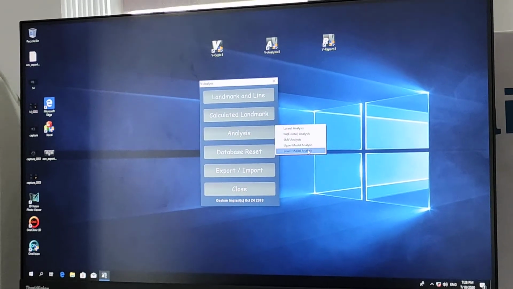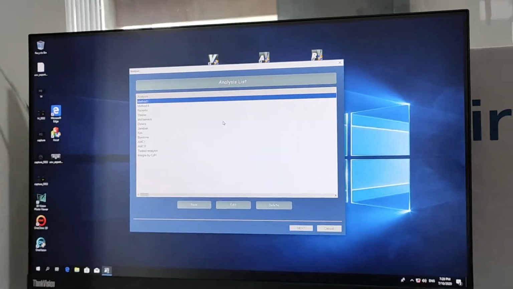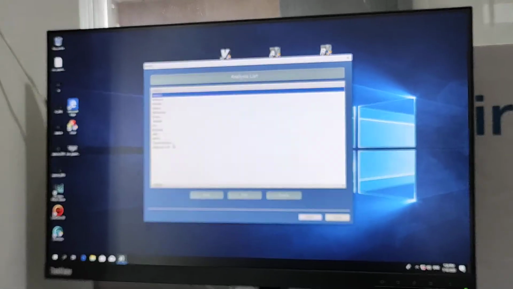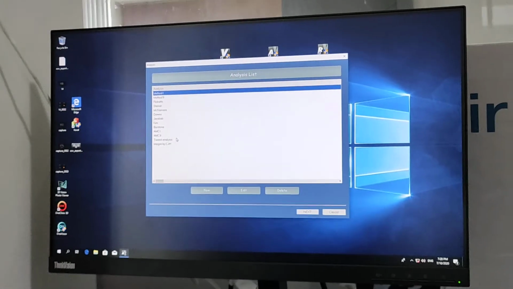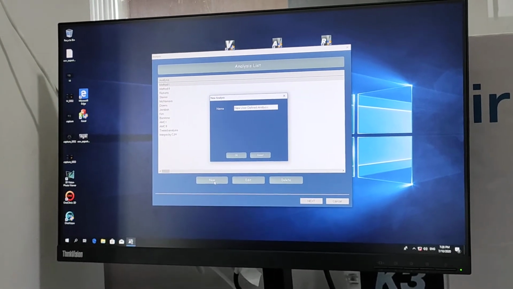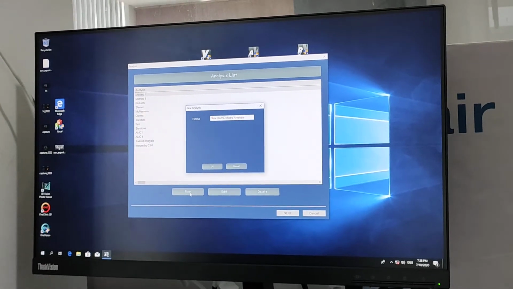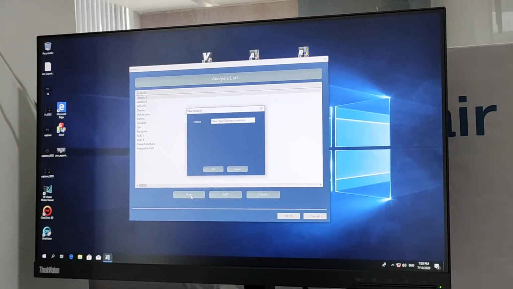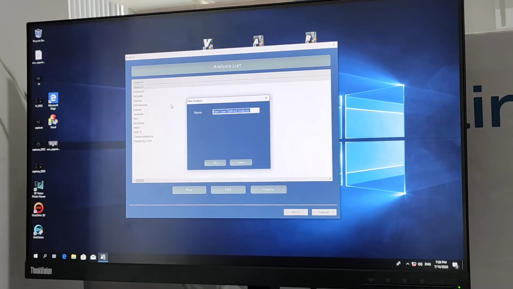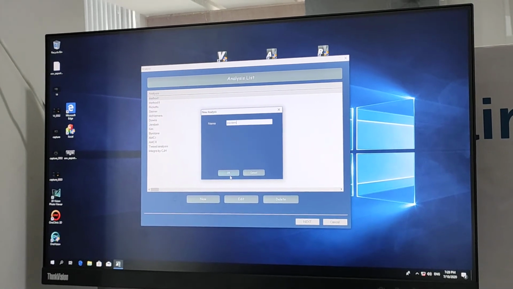Then for analysis, you can choose the lateral analysis, that is lateral cephalogram, and you can use whatever analysis you want. In case you want to include a new analysis, you can just click on new, and then you can write down, for example, analysis as Austin, and then click okay.